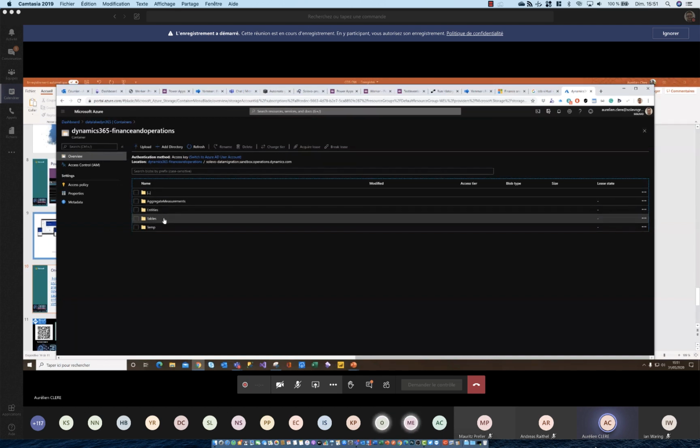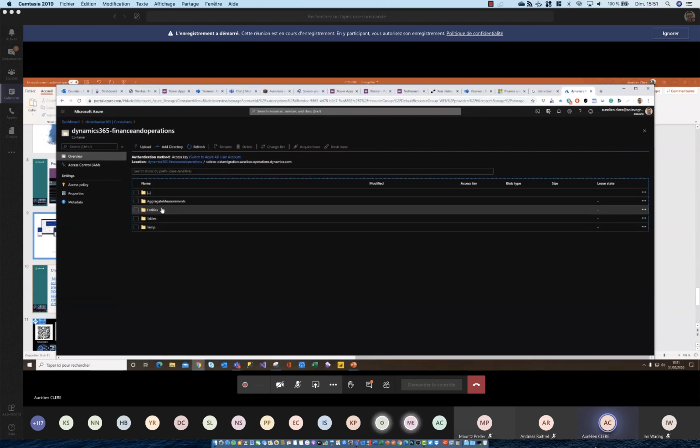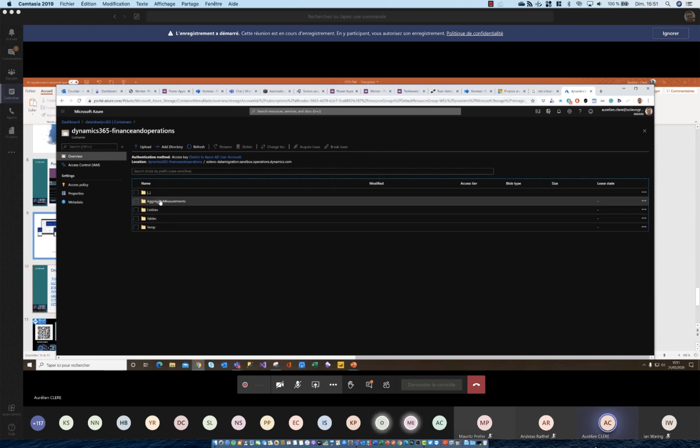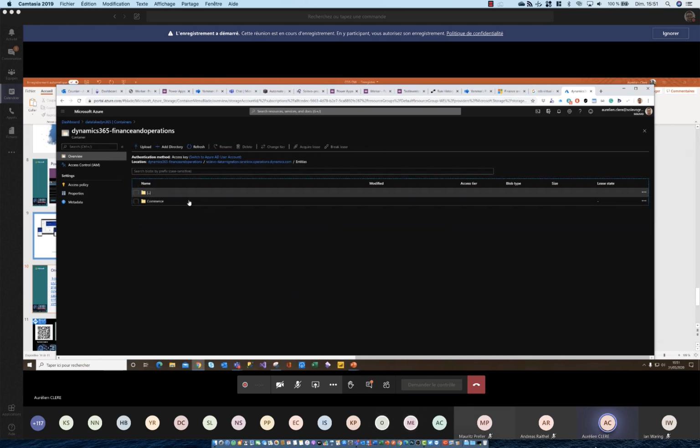It's still in public preview, but now we will have the ability to not use the bring your own database option to sync to a SQL Azure database. You can directly push your data entities to the data lake. So I think somehow the CDS virtual entities will just be a mirror of this data lake, because it will be a synchronous sync, and behind it will be a CSV file in the data lake.